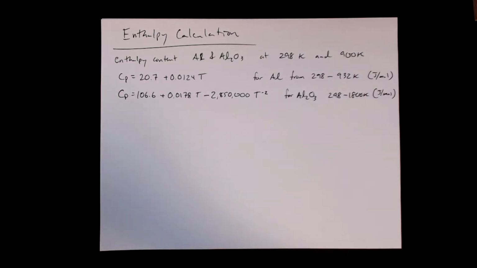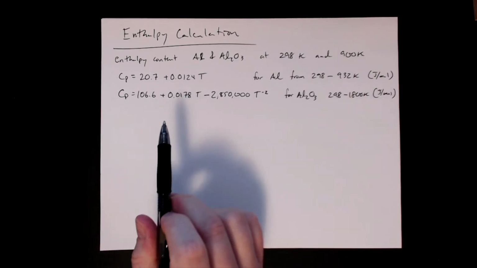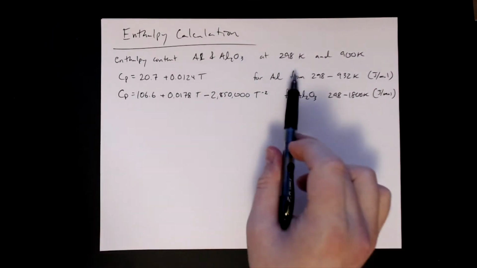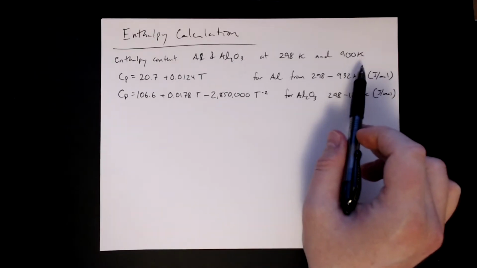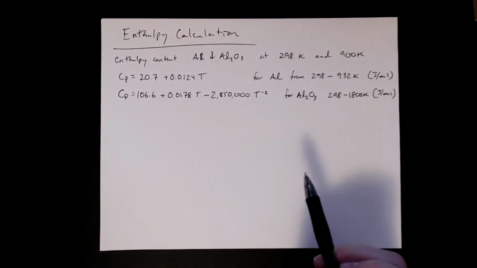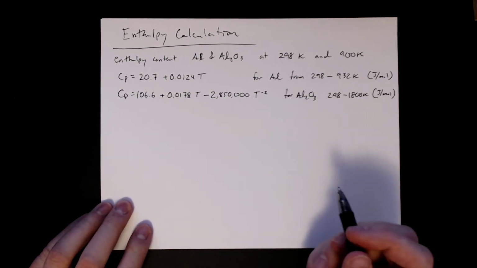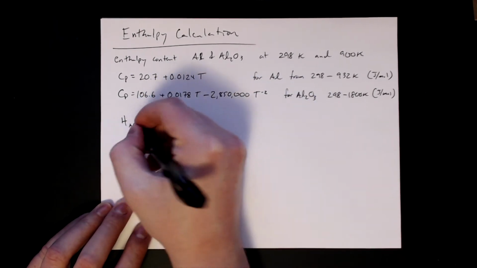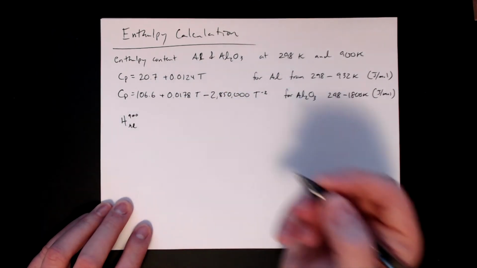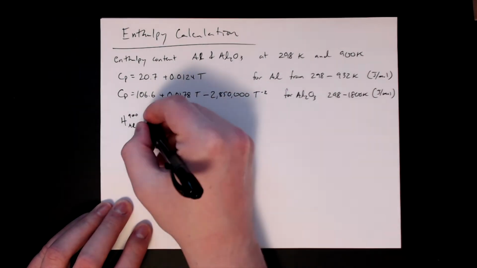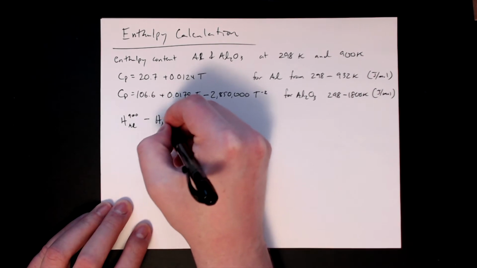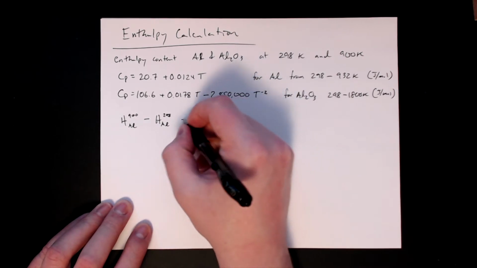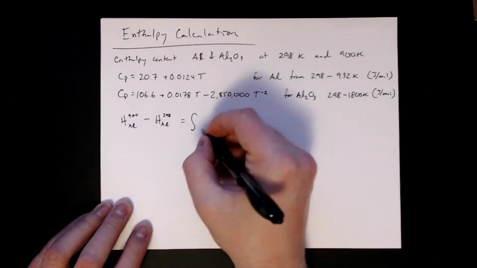All right, so now let's go over the enthalpy calculation that you saw in the previous slide. So we're trying to get the enthalpy content of both aluminum and aluminum oxide at both temperatures of 298 and 900 K. So let's start with aluminum. The previous equation that we saw for enthalpy content was the enthalpy of the material at a given temperature, and we'll define this as 900, minus the enthalpy content of the same substance at the reference, which was 298, equal to the integral between those temperatures